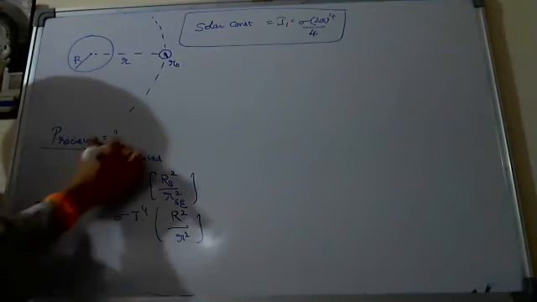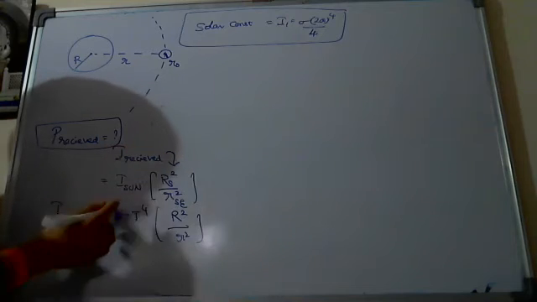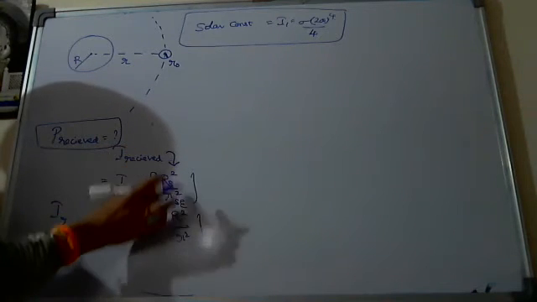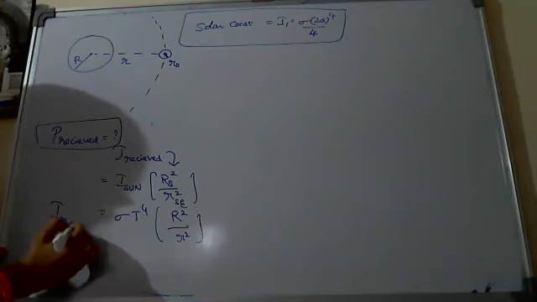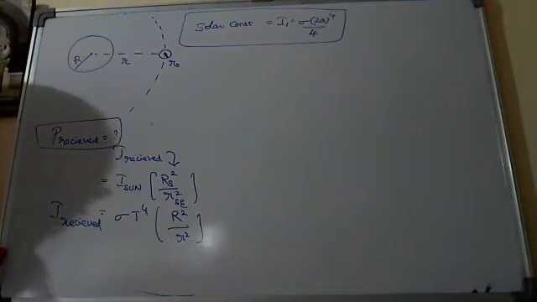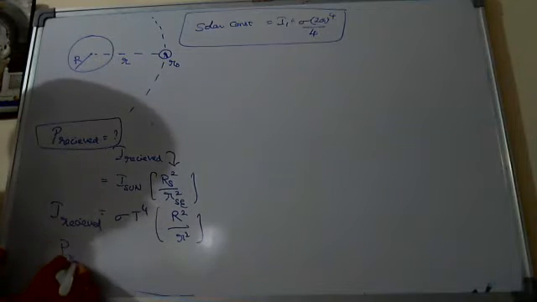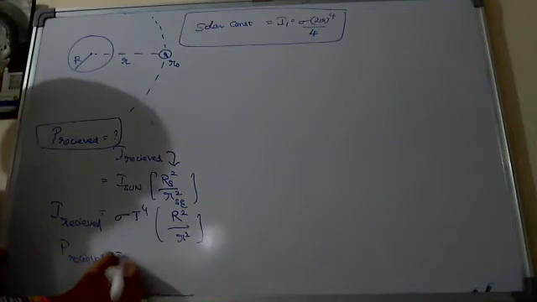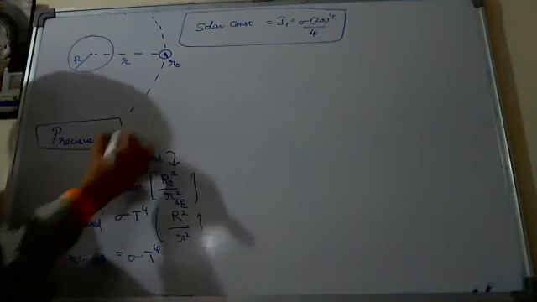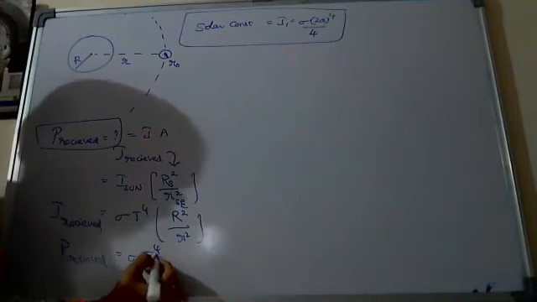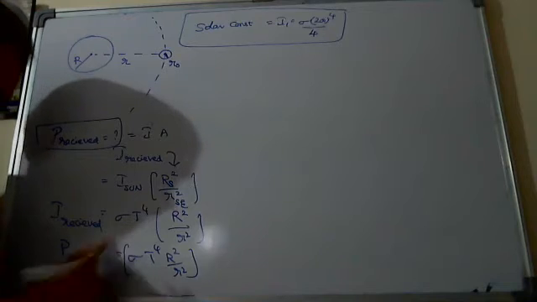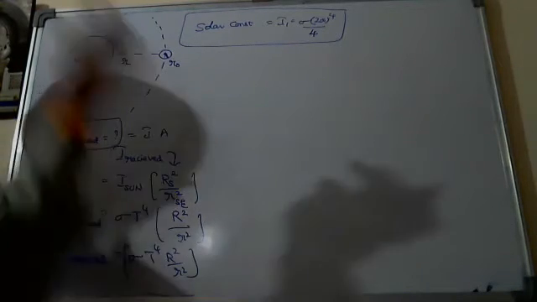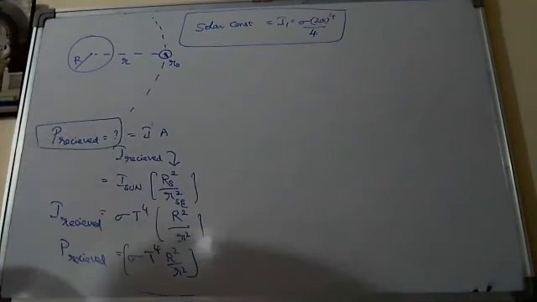Okay, intensity received is equal to intensity of the sun into R square by r, the distance between sun and earth, whole square. This is intensity received. Then power received, how much do you tell, Nana, with your knowledge? Of course, this intensity received, what you told, I into area. Sigma T power 4 into R square by r square, which is the solar constant, into 4 pi r naught square, sir.